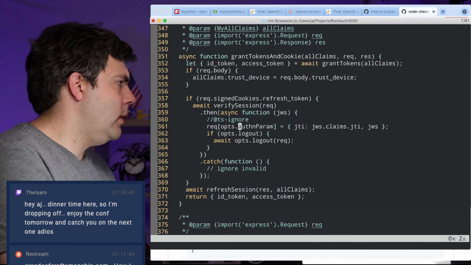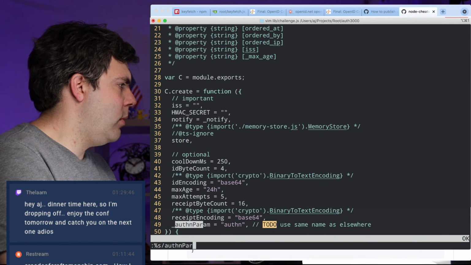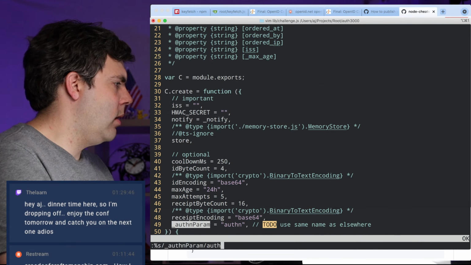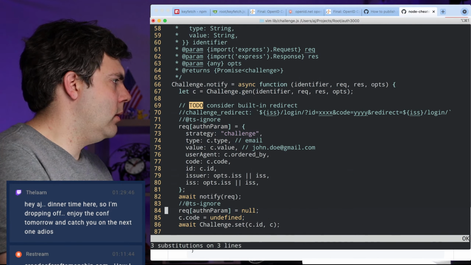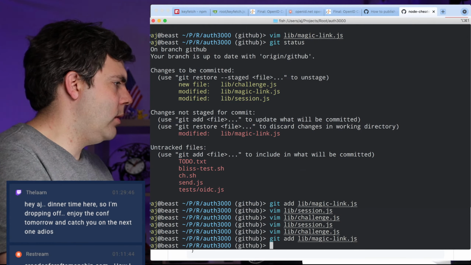Okay. So let's not make that authn param. Let's just get rid of that leading underscore because this is a perfectly public value, and we'll do the same thing for the magic link file.